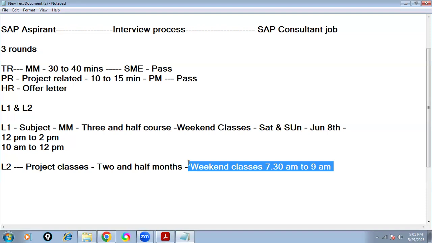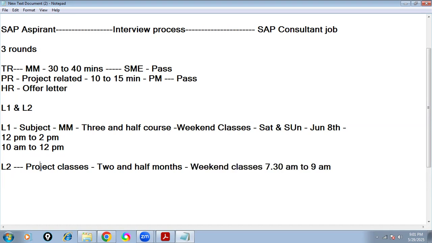Later, Vijay, say I learn SAP MM classes and I am trying for jobs, but project-related things we don't know, because generally no one knows unless you have worked in real time. So this is very much needed if you want to try as an experienced person. If you want to try as a fresher or for user jobs, this is not required. I suggest, if you have a gap of 1 year, 2 years, 3 years, not exactly a gap, you are already working in some non-SAP organization, that gap or experience we can show in SAP. How to show it, I will help you.